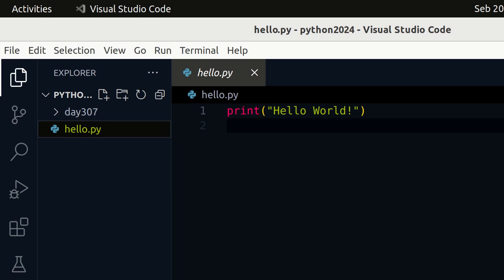Let's look at the brief history of Python. Python was created by Guido van Rossum and released in 1991. It was designed to be highly readable, borrowing many similarities from the English language and mathematics. Since its release, Python has gained tremendous popularity and now supports a rich selection of frameworks and libraries.